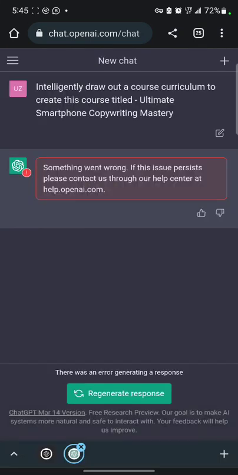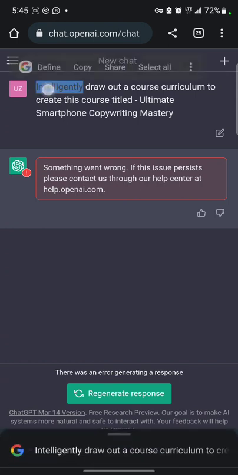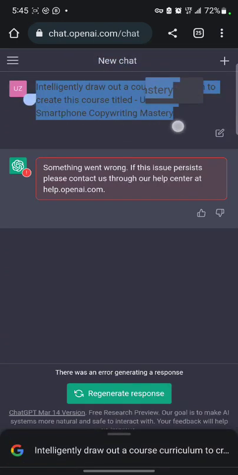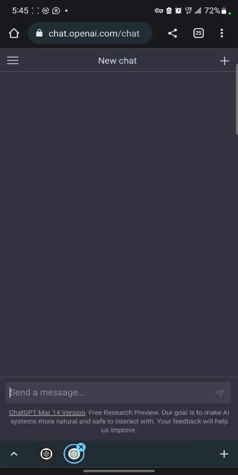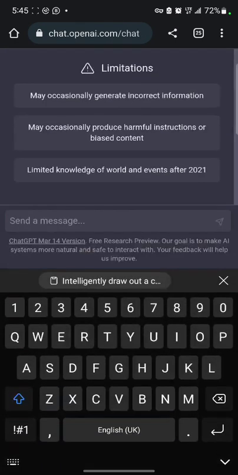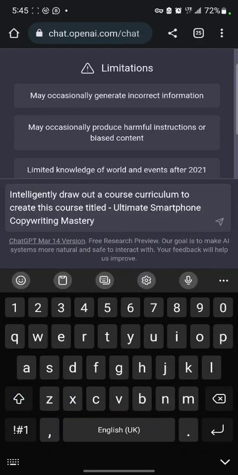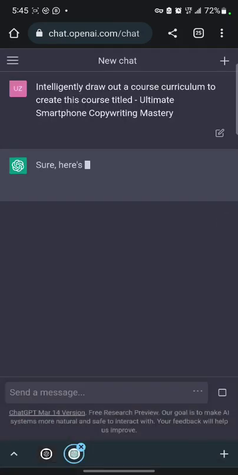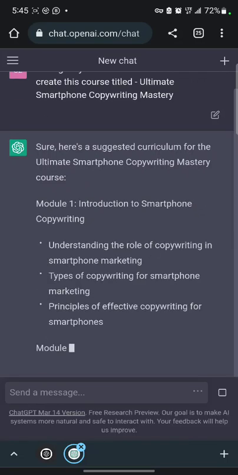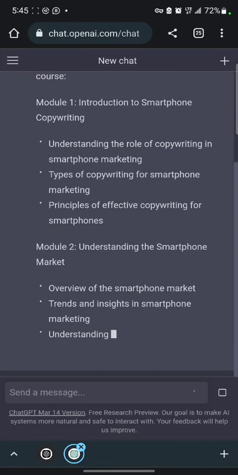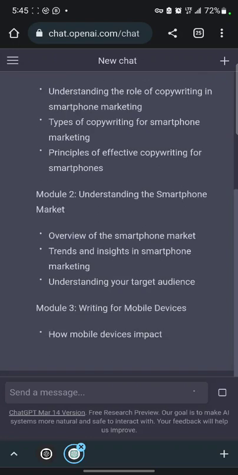Okay, ChatGPT is having an issue. What you do when it has an issue like this is you just copy, then refresh it. This is the free version of ChatGPT. After the refresh, you just paste and send again. So this is it. ChatGPT is already creating a course curriculum for smartphone